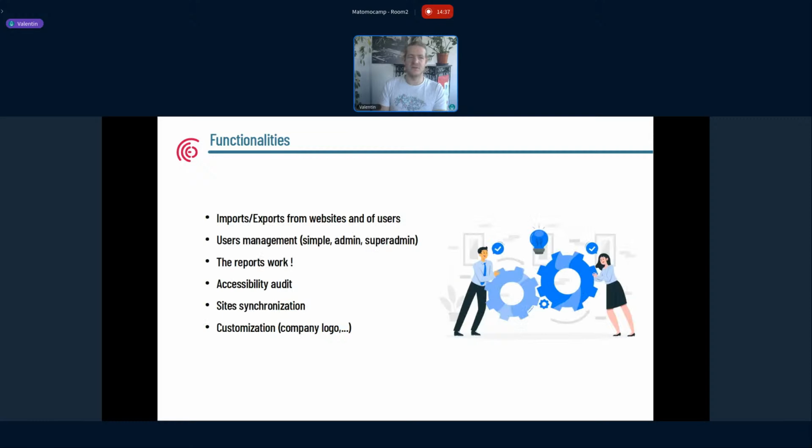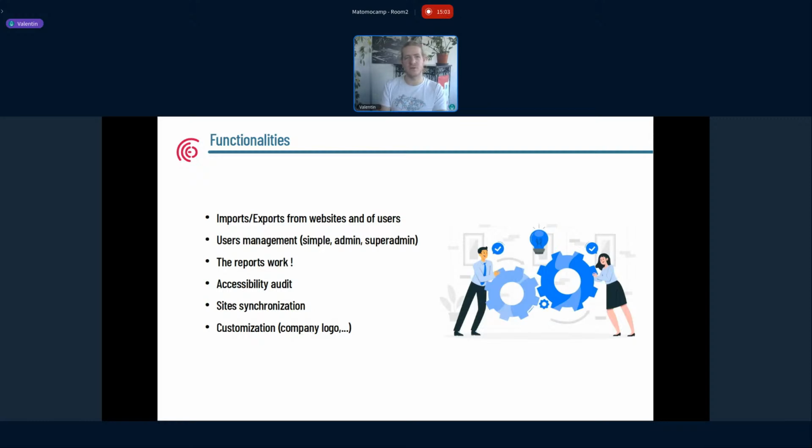The application functionalities are import and export of websites and of our users. This means that in our application you can import, as a CSV file, many users and many websites into our gateway or unified analytics application. And by this mechanism, you can create all of the websites on your Matomo instance.